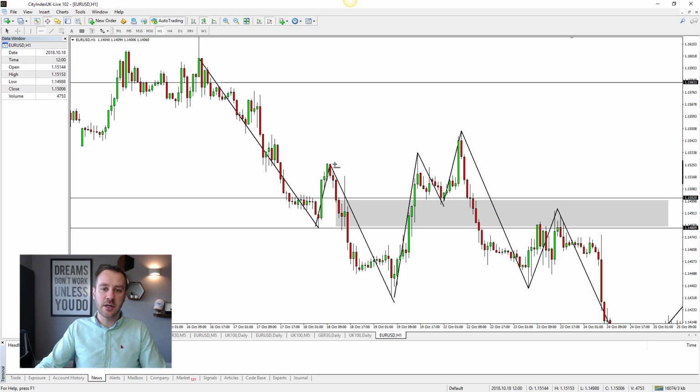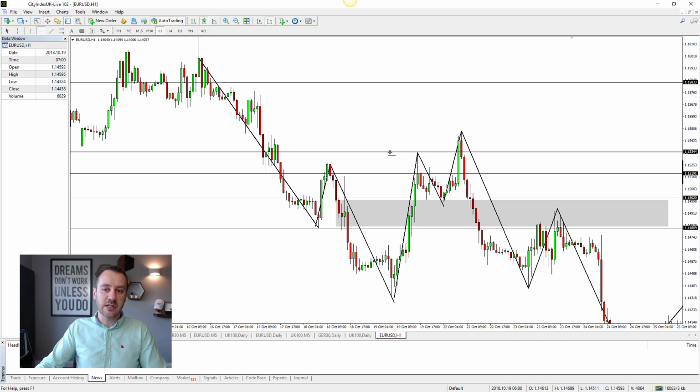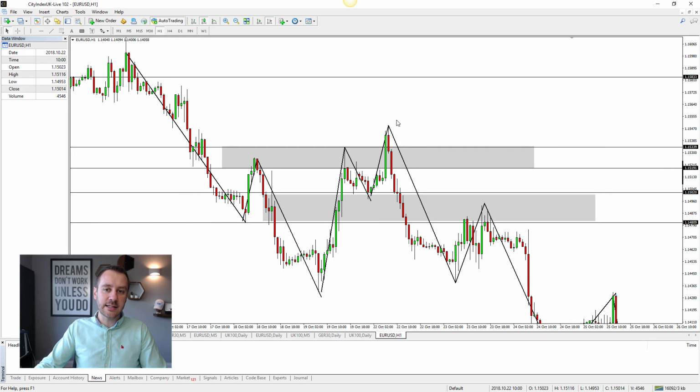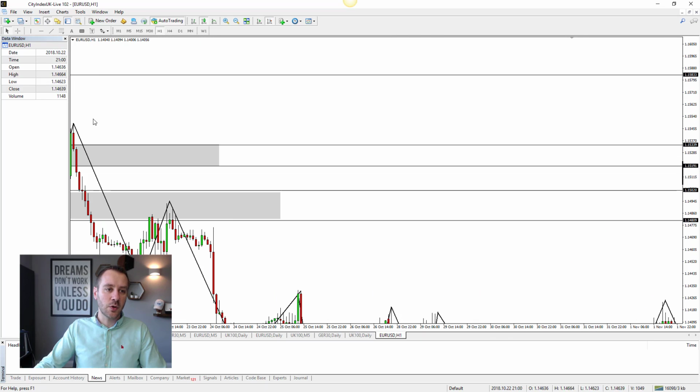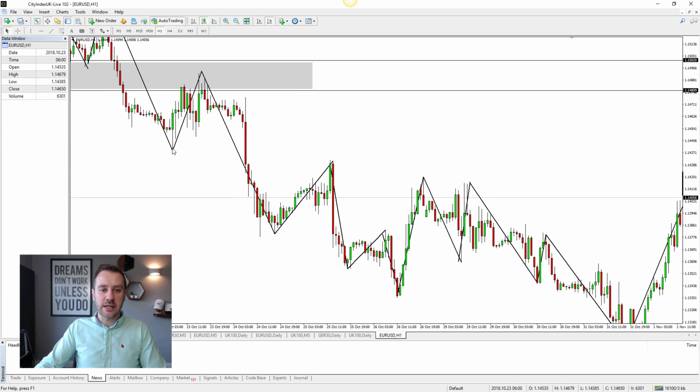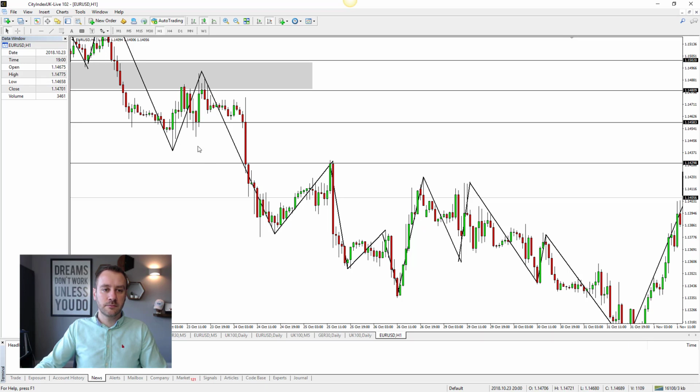If we come up a little bit further, 1, 2, 3, they're all on a very similar level. You could potentially create two areas here. So one like this. And then we'll wait and see if we have another one further on up at these levels. Okay, we don't. So we're going to ignore this one for now. We come down, we get a spike, lining up with a spike right here. Okay, not always absolutely perfect, but you can see this break down, we break back up again, it's creating a